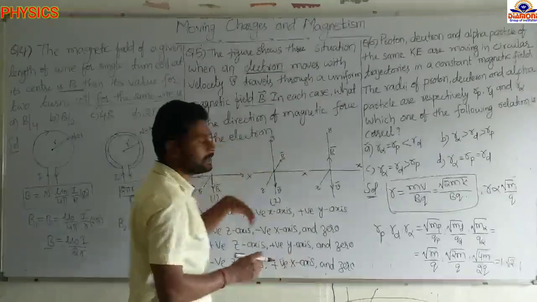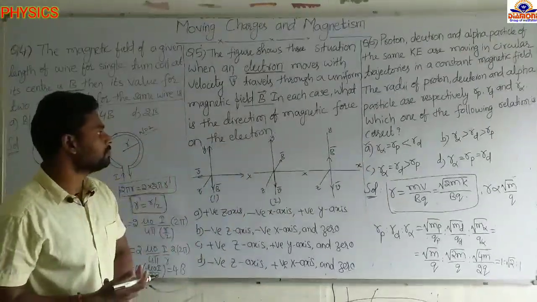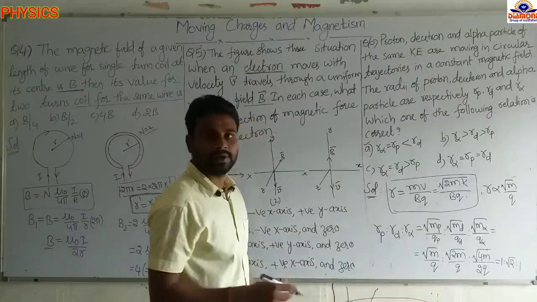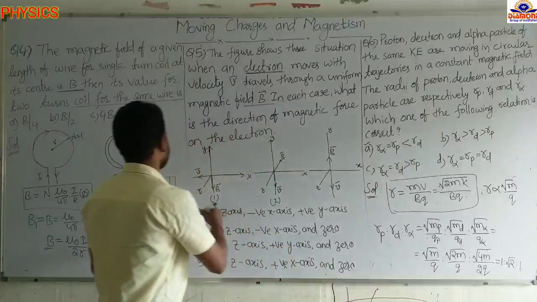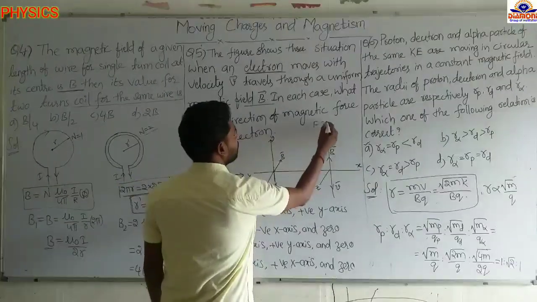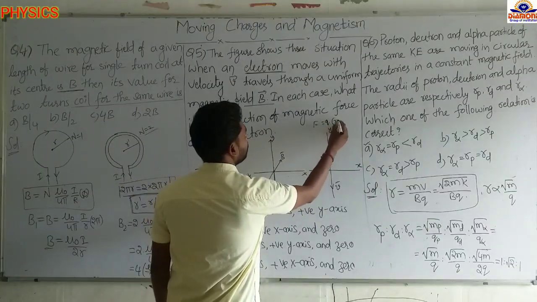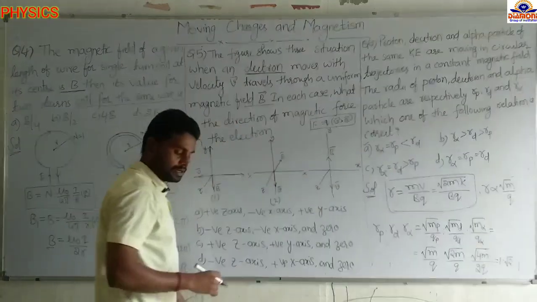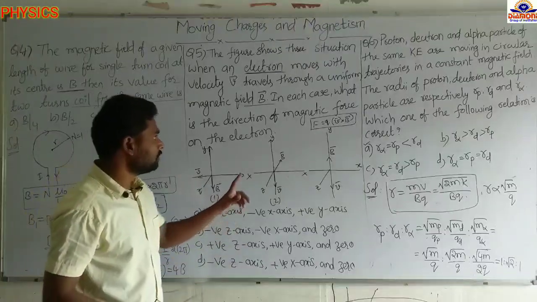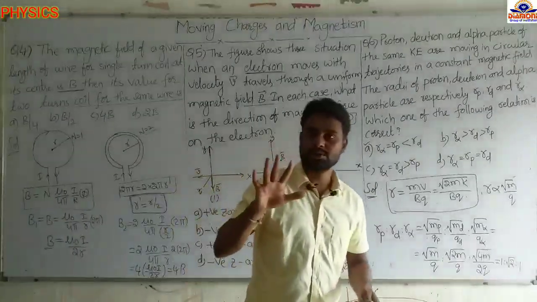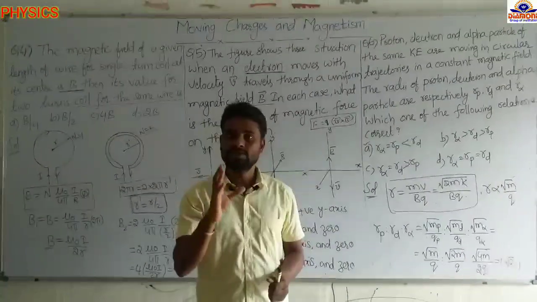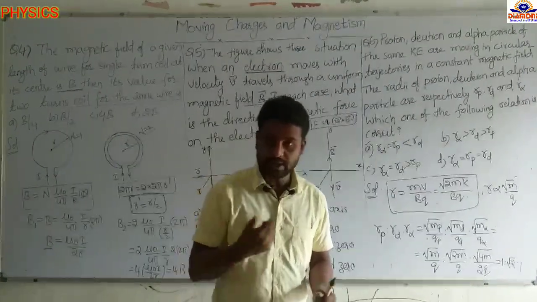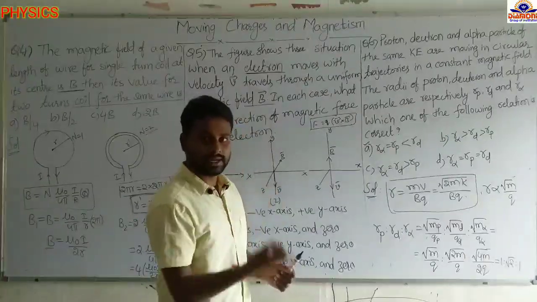Okay, so here one particle is moving in the uniform magnetic field, and force is acting on it. The force formula you know, F equal to BQV sin theta. Otherwise we can write Q into V bar cross B bar. Okay, this we will write as the force formula. Now see, the right hand rule we are using is for the positive particle, but here we have an electron, the negative particle. So whatever direction we get, we have to take the opposite of that direction.